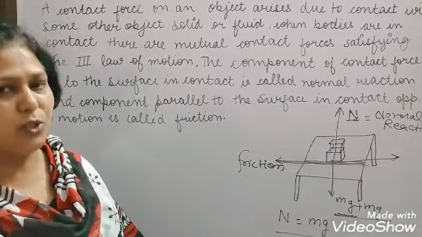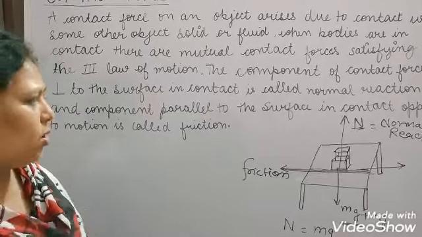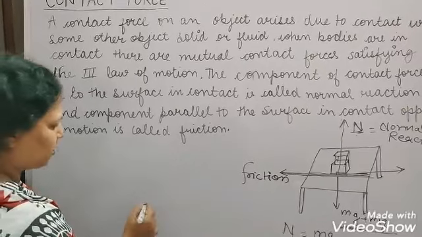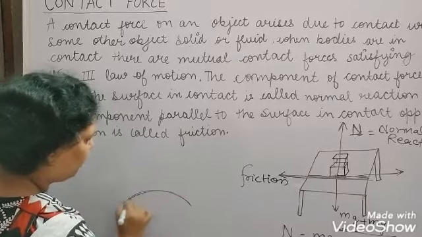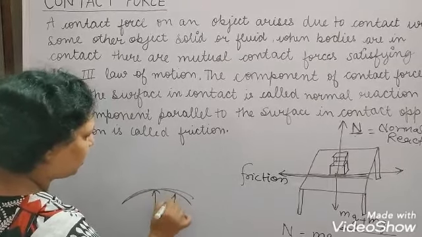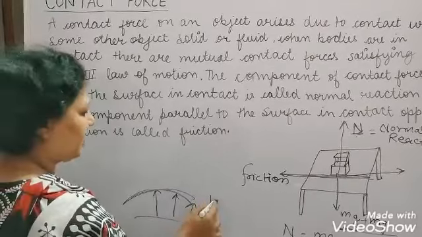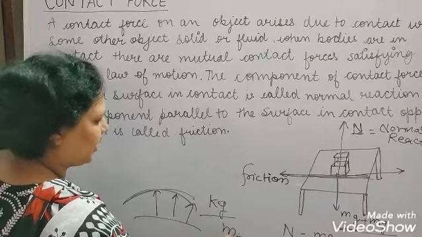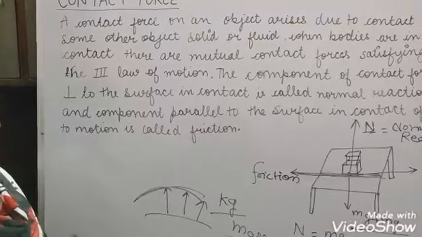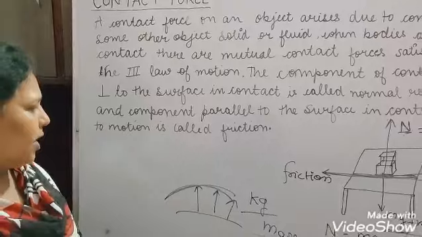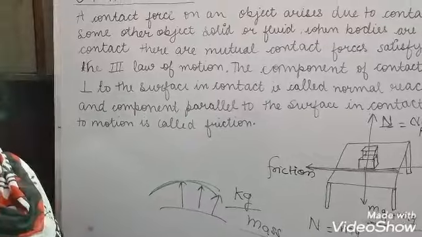Based on this, we will solve many questions, like the concept of a weighing machine. You have seen that a weighing machine has a pointer with some graduations, and on those graduations it measures the weight in kg. Actually that is not the weight, this is the mass. The weighing machine is measuring the mass, but we are calling that a weight. That weight is actually the normal reaction.